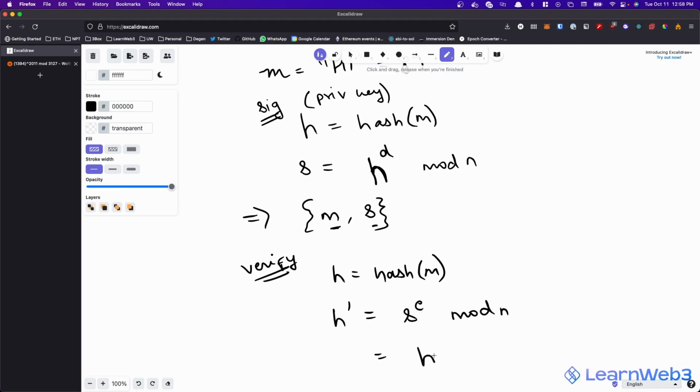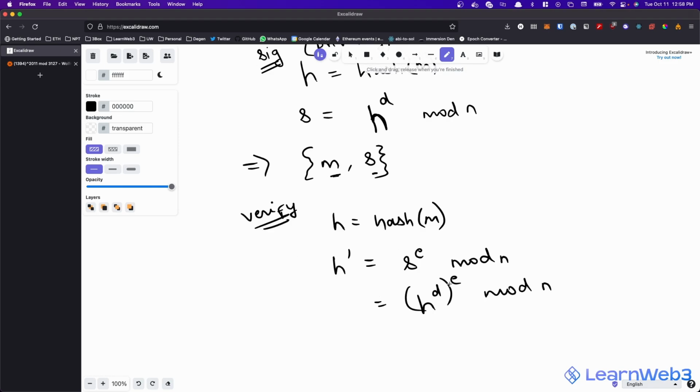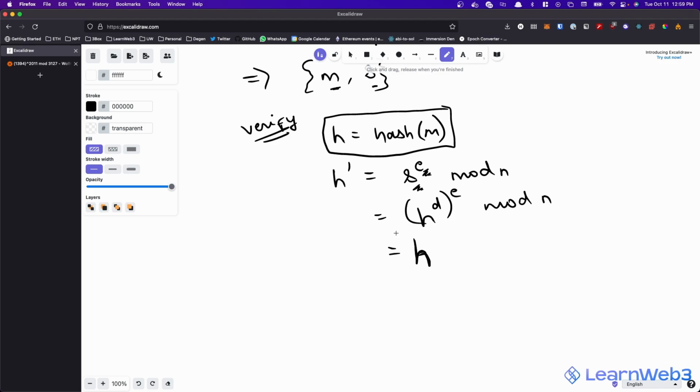This is basically H to the power D to the power E mod N. And because of our choice of E and D and Euler's theorem again, we basically end up at H again. So if we can use the person's public key over their signature to get back to the hash of M, and H dash is equal to H, this means that M is